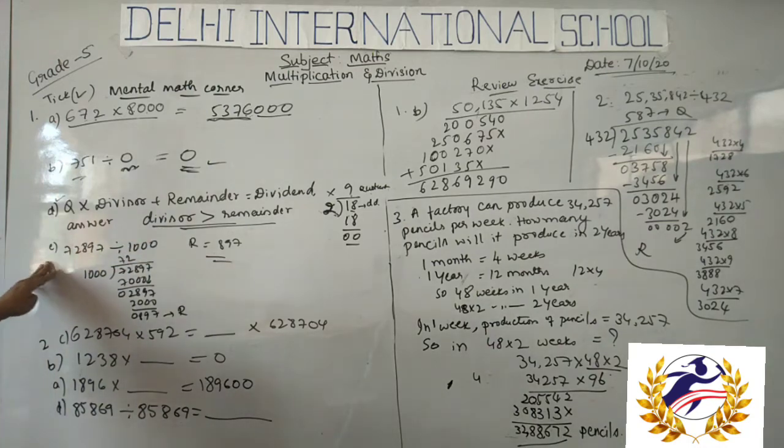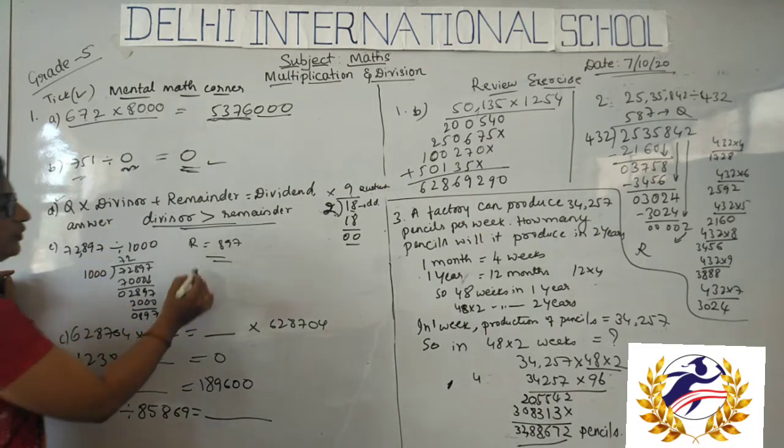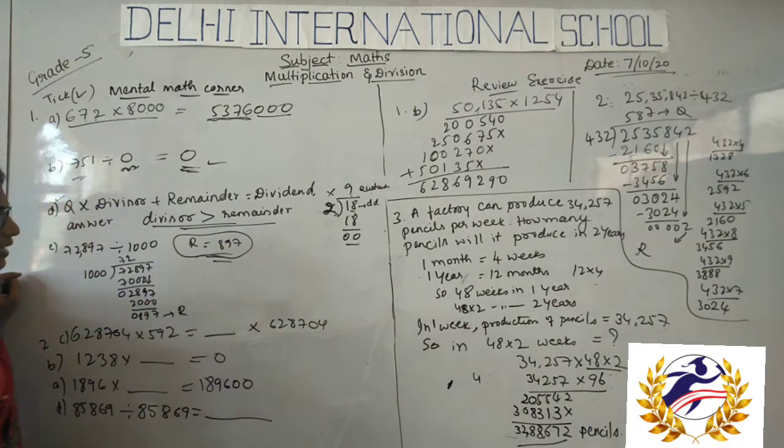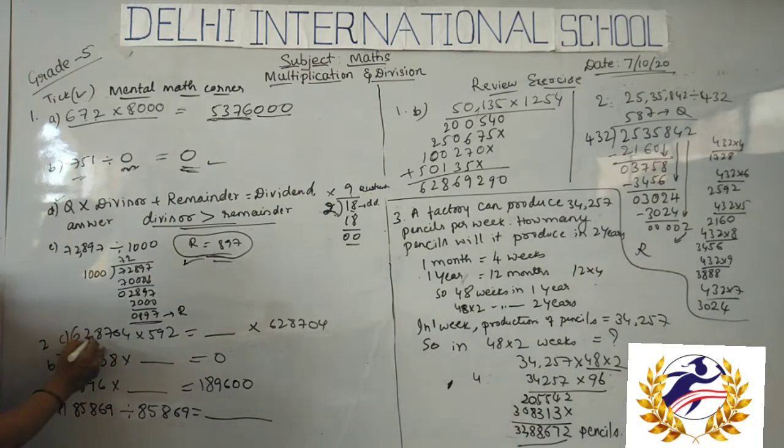So next problem. 72,897 divided by 1000. When 1000 divides 72,897, we will get the remainder 897. The remainder is 897. So this is the correct answer. Then in the second one, fill in the blanks, they have given